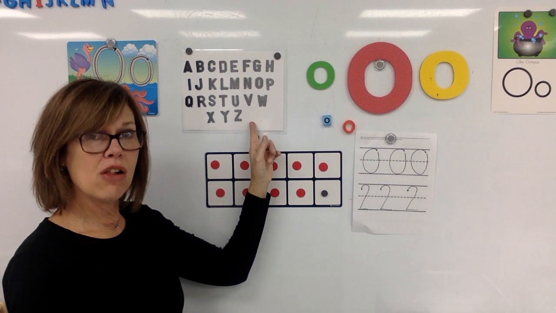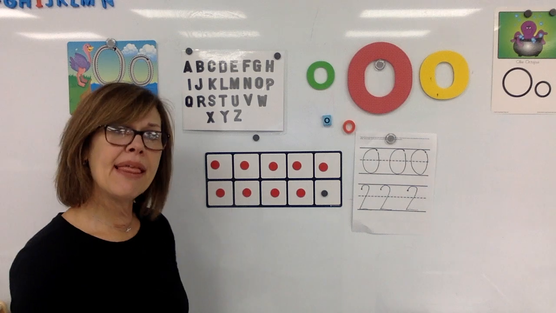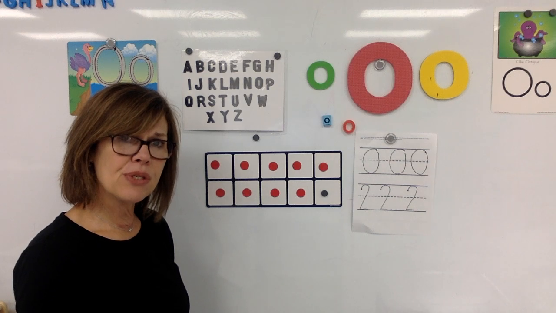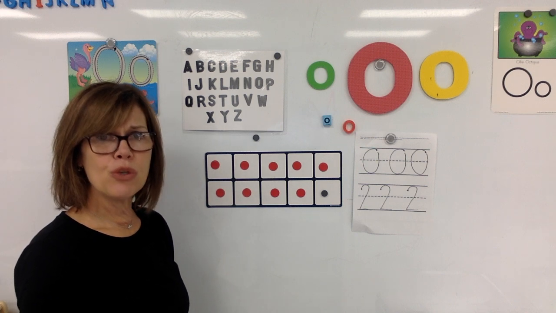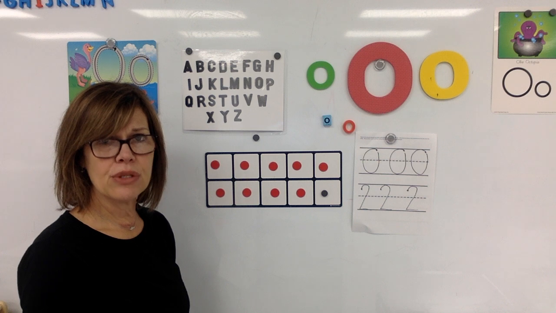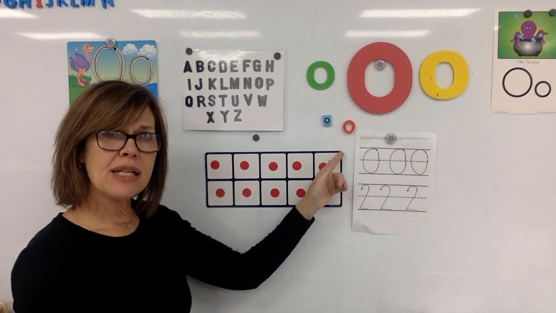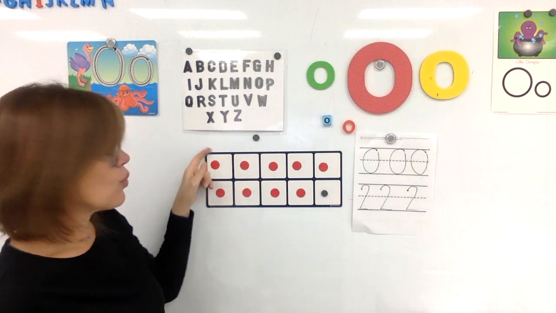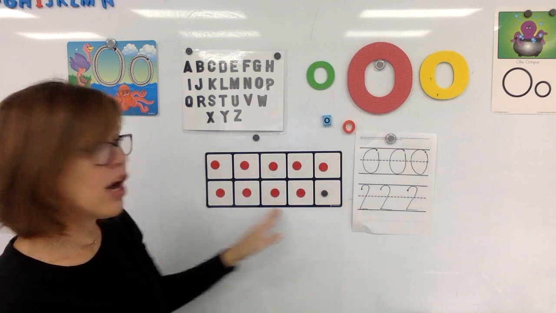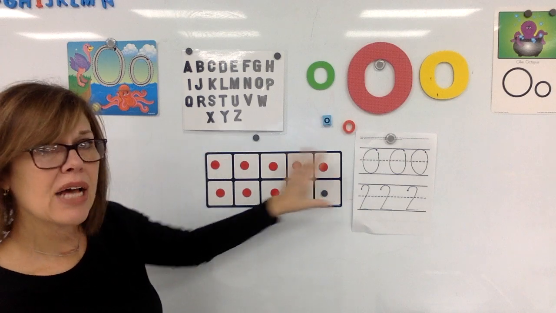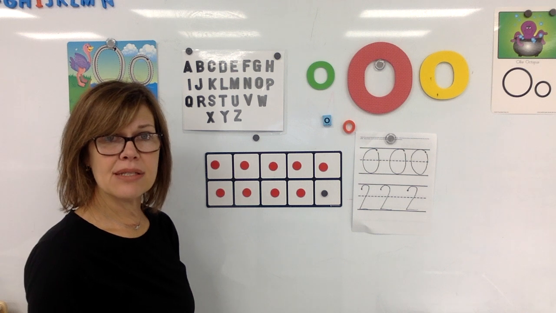Now today, your homework is writing your name, and then I want you to either put your letters together, all of them if you can, or your numbers, or both if you want to get really good at it. And then I want you to look around your house, and I've been noticing a lot of people still have trouble figuring out which ones are rectangles and which are squares. I would like you to look for rectangles. Look and see if you can find a shape that has square corners. That means they're pointed, and it has straight lines on all 4 sides, and 2 sides are longer and 2 sides are shorter. Look for rectangles around your house,